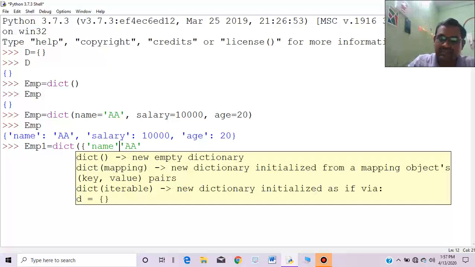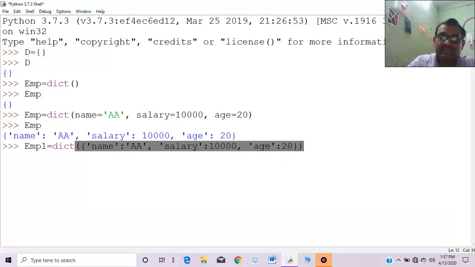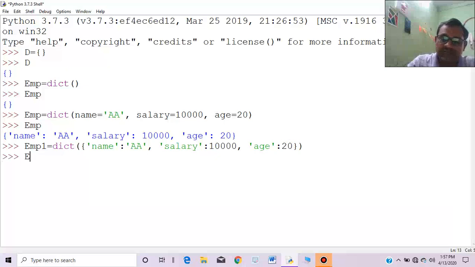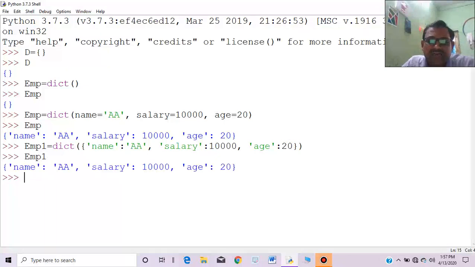So we will write like this: key colon value. Second key is salary, and its value is suppose 10,000. And third key is age, its value is 20. Okay, so I am closing, and now emp1 is this. So this is the second version. How can we use the dict method? Dict is nothing but a constructor.